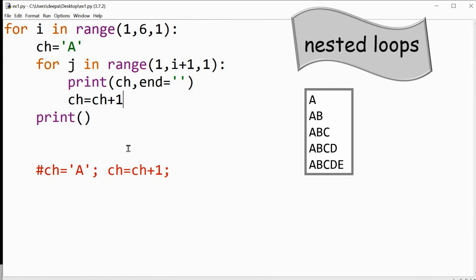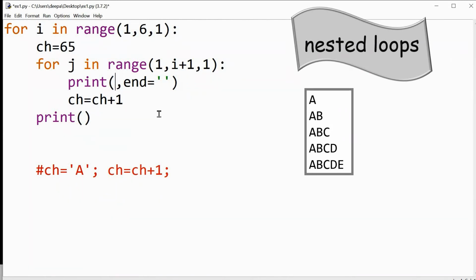So how to tackle this problem? One easy way is we can take the ASCII value. Instead of A, let me give 65 because that is the ASCII value of uppercase A. And then if I print ch, it will print 65.